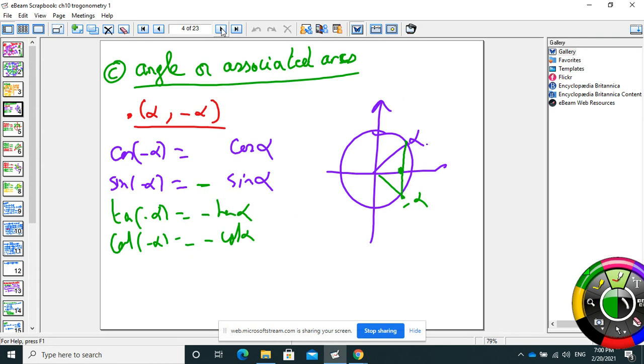Part C, and this is very important: angle or associated arc. This one is very important. What is the relation between cosine alpha and minus cosine alpha? Now the tangent and cotangent, I don't focus on them much, because you can find them already from sine and cosine. So the tangent is